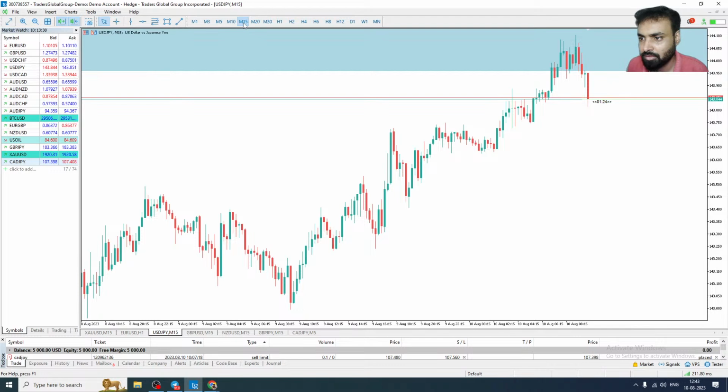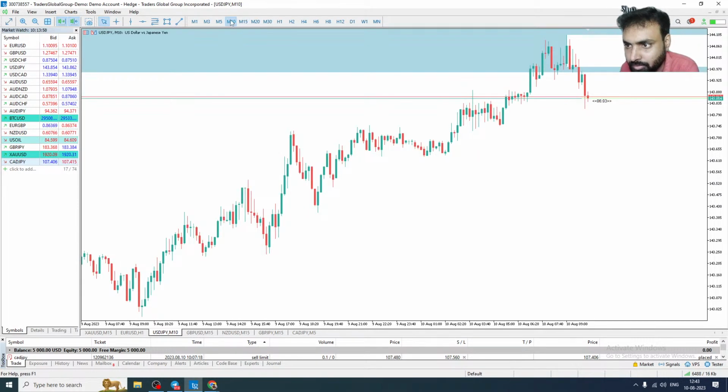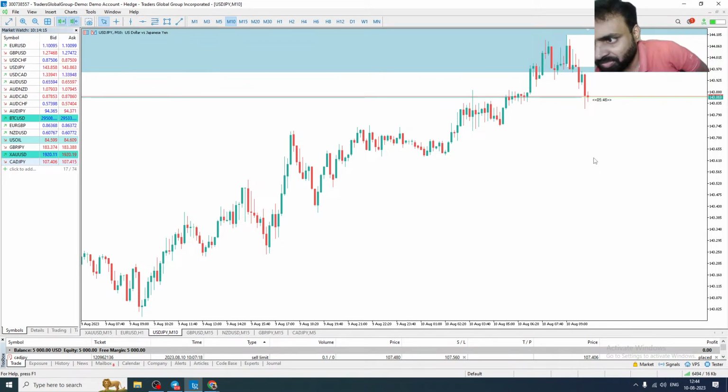So it has broken the structure. Pushed up, pushed down, pushed up, pushed down, pushed up, pushed down, pushed up, pushed down, broken the structure. So let us sell from here. This is our sell entry. Okay, breakout structure, sell entry from this swing point, the green candle. So how much? Okay, 127 points, so a $12 stop loss. You can either put it directly, or you can put maybe 50 percent.